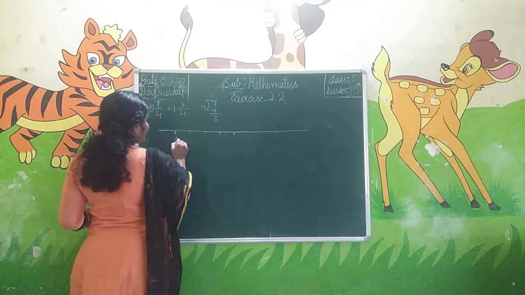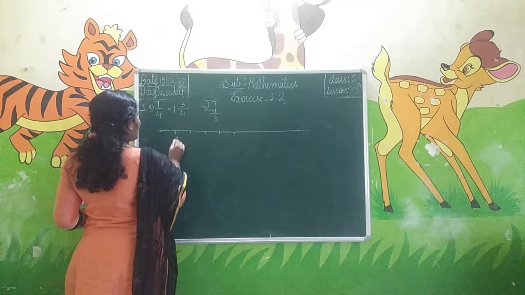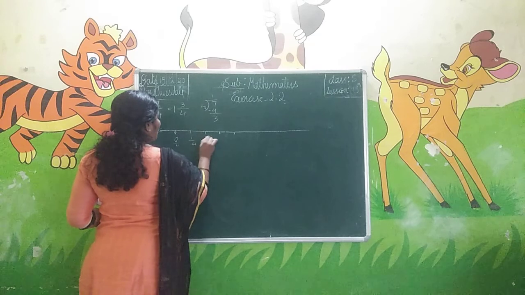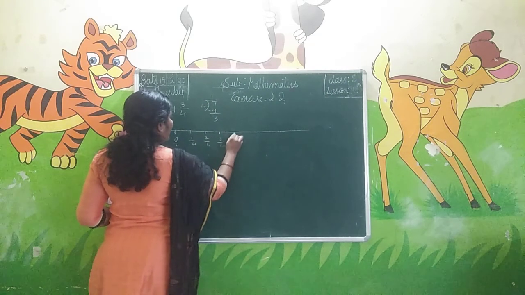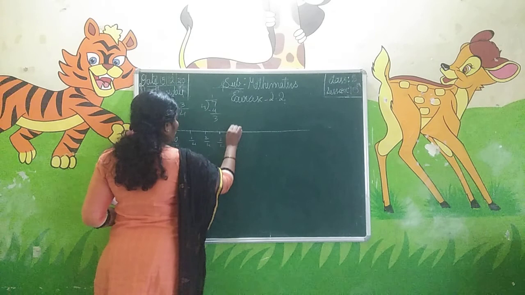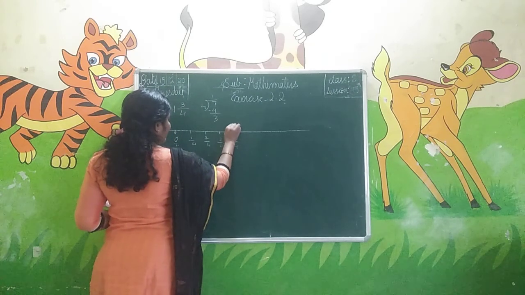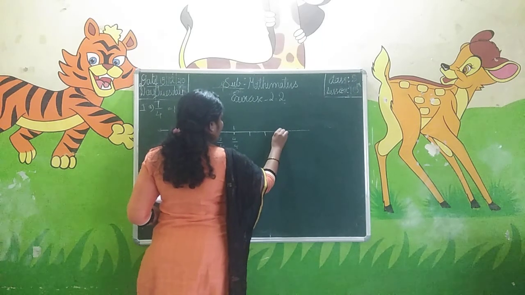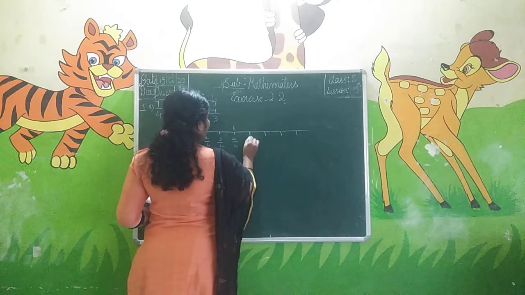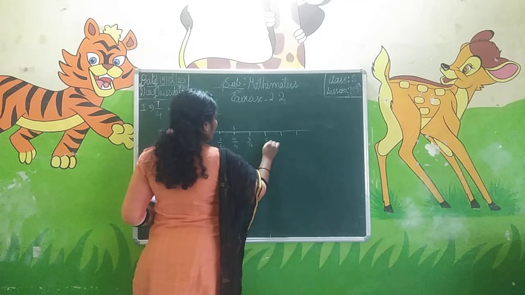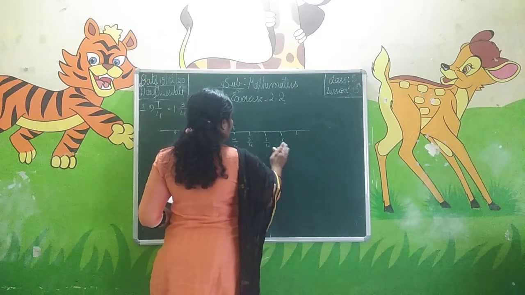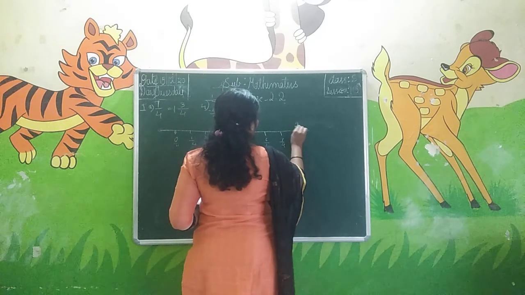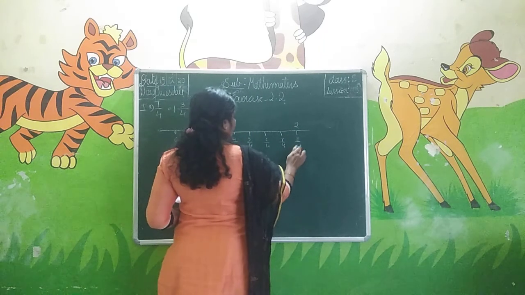Okay, here it is 0 by 4, 1 by 4, 2 by 4, 3 by 4 and 4 by 4. It is a 1 here. 4 ones are 4, when we cancel, it is a 1 here. After this, again 4 parts up to 2. 5 by 4, 6 by 4, 7 by 4 and 8 by 4. 8 by 4 is a 2 here. 4 twos are 8, we get the 2 as the answer here.